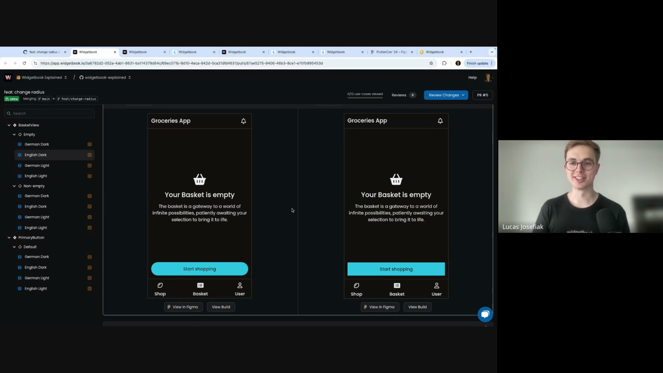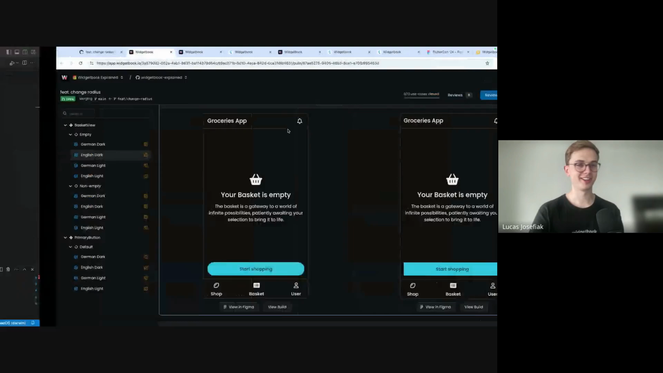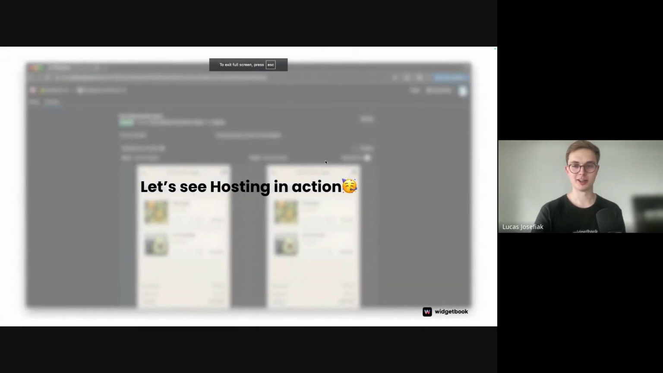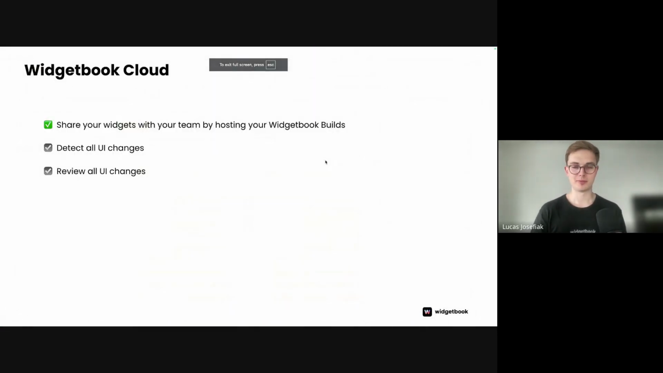Any questions regarding this feature? Okay, at least so far, I don't see any hand shooting up. That's why